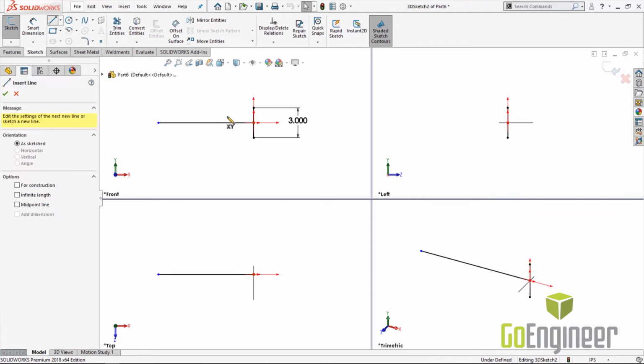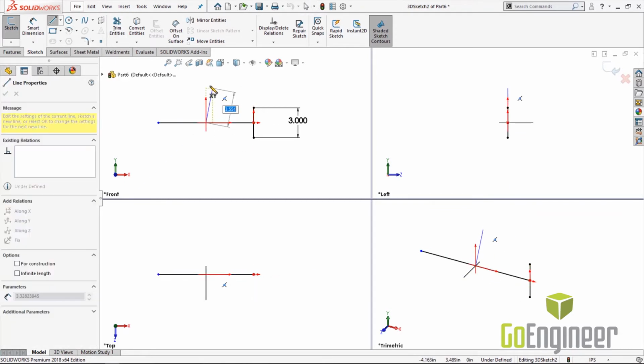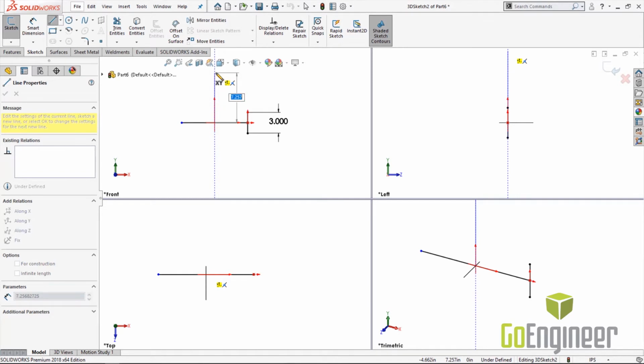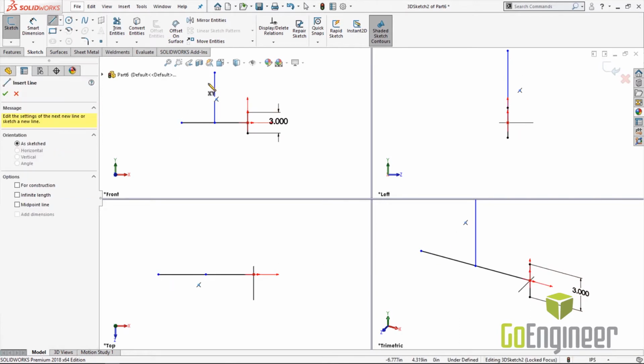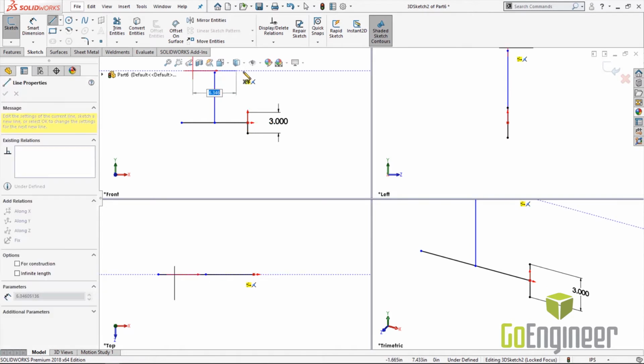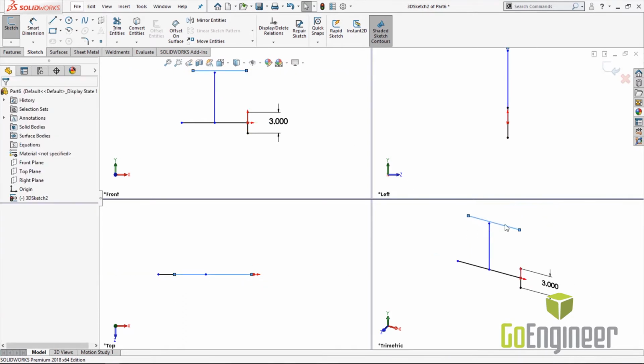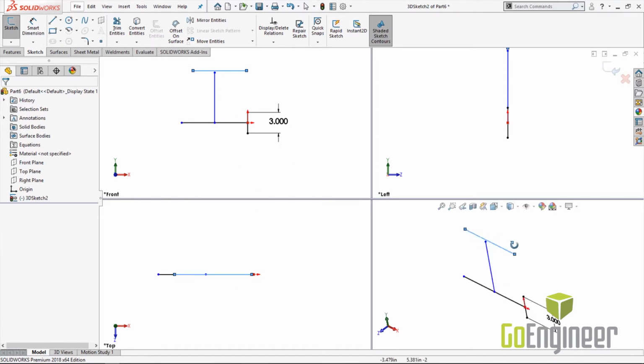Let's go ahead and finish sketching up our rack here using the Quadrant view. So using the Quadrant view allows us to easily check and make sure that we're in the right plane. The Tab button will also help us sketch on the proper planes. If you notice, the front, left, and top view are all connected, and the trimetric view allows us to rotate freely. Now, let's jump ahead to a 3D sketch that I've already created and show you how to apply the